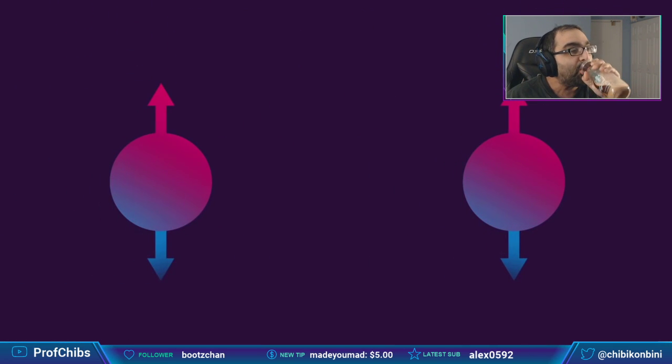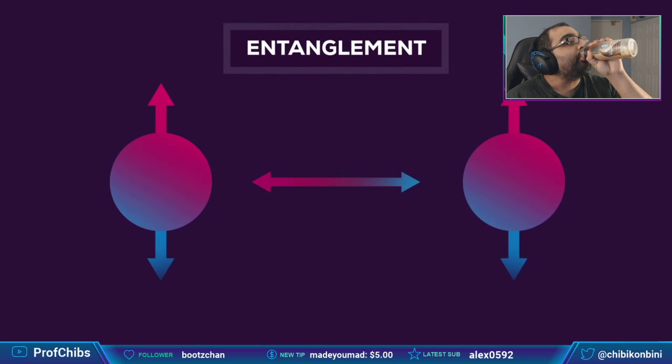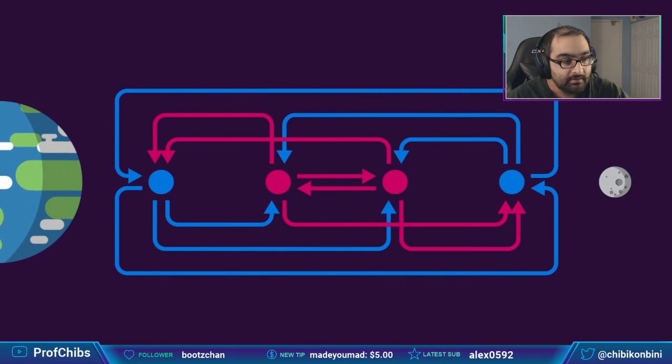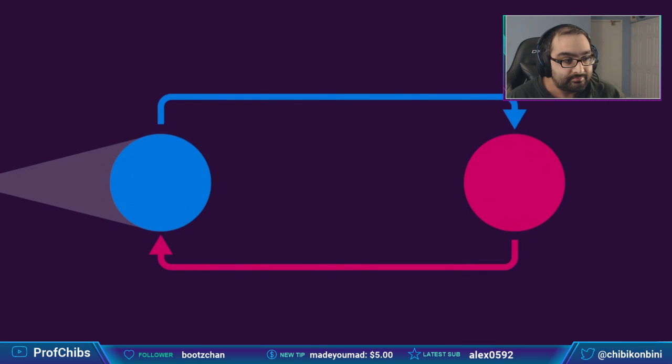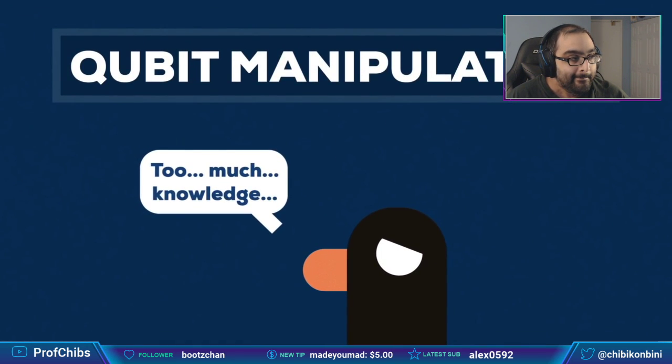A really weird and unintuitive property qubits can have is entanglement, a close connection that makes each of the qubits react to a change in the other's state instantaneously, no matter how far apart they are. This means that when measuring just one entangled qubit, you can directly deduce properties of its partners without having to look. Qubit manipulation is a mind-bender as well.